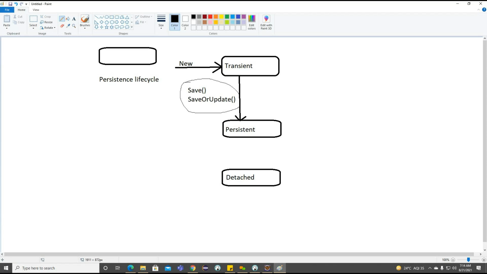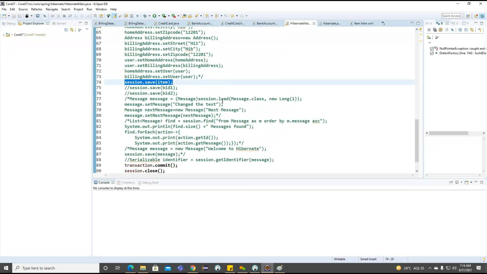And now we need to understand about the transaction here. Basically, the transaction is going to synchronize with our database at the end of the transaction. So once the operation is successful, we are going to commit the changes, and whenever we commit the changes, it's going to synchronize with the database. Whatever data we are trying to save, the data is permanently saved into the database here.